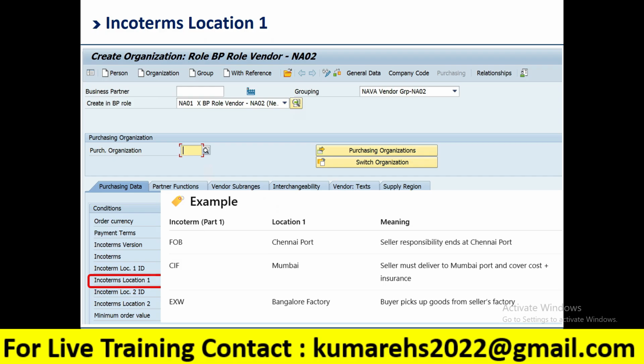CIF, location is Mumbai, seller must deliver to Mumbai port and cover cost plus insurance up to Mumbai. EXW Bangalore factory, the location. Buyer picks up goods from the seller's factory. So here the buyer is responsible for picking up the product from the factory location. So like this, based on the Incoterms, the responsibility will change. Purpose: helps identify the exact place where logistics responsibility changes, ensures consistent legal and shipping interpretation, required for international trade